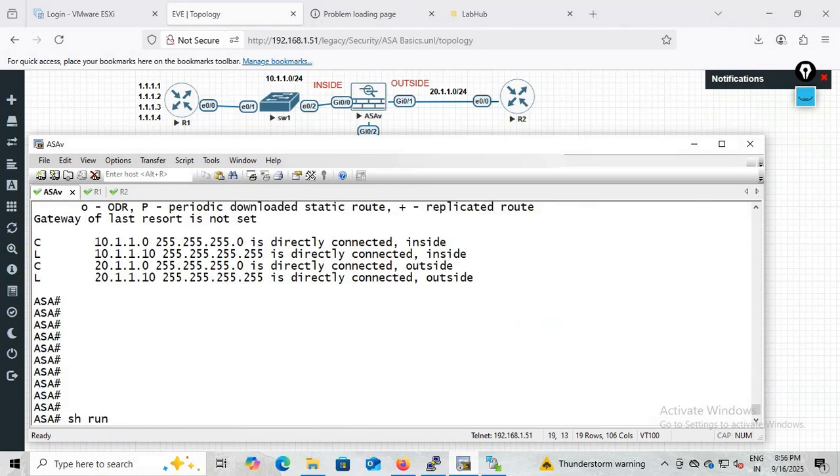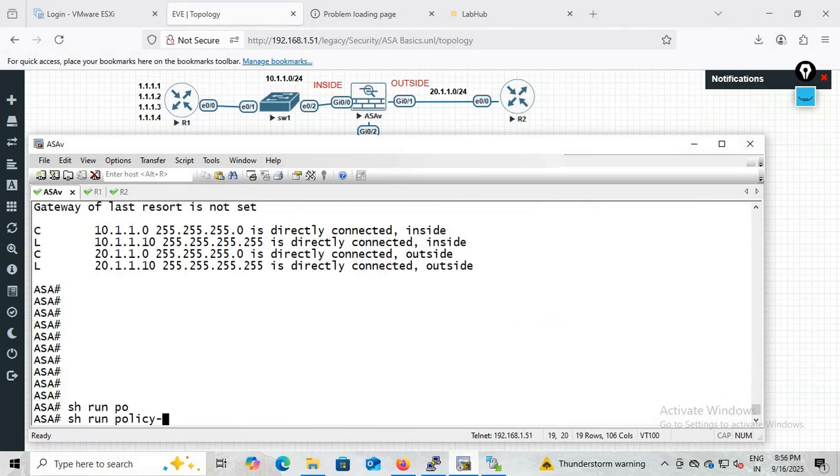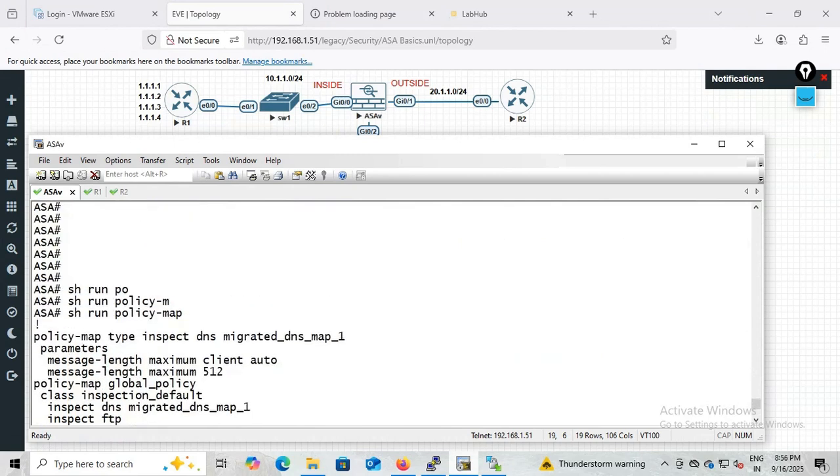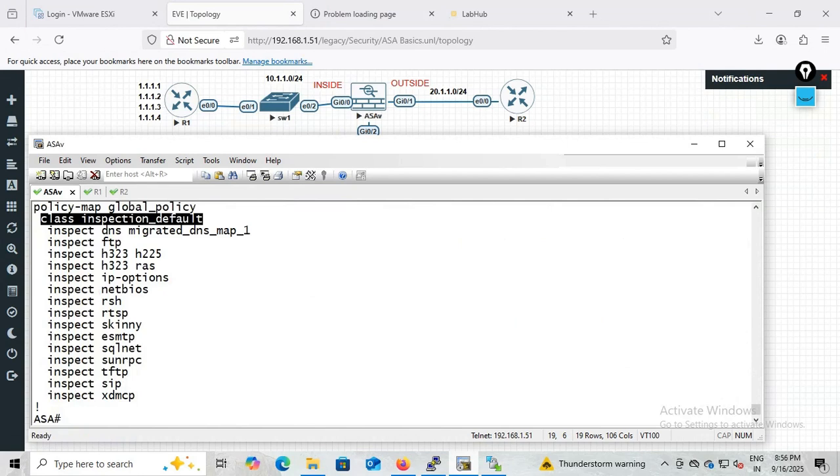Show run policy map. So here you have policy map, you can see. So this is your global policy. Under that you have one class map, which is inspection default. So you are inspecting FTP traffic,